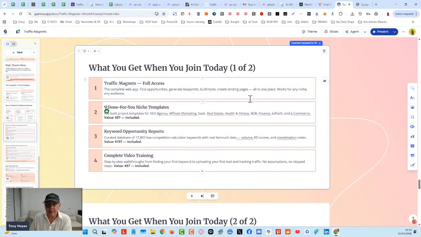It's now 16 with 5 subtopics, so we got about 90. That should say 90, not 9. Okay, 90 done-for-you niche templates. You just click a button and it pre-fills the form for you.